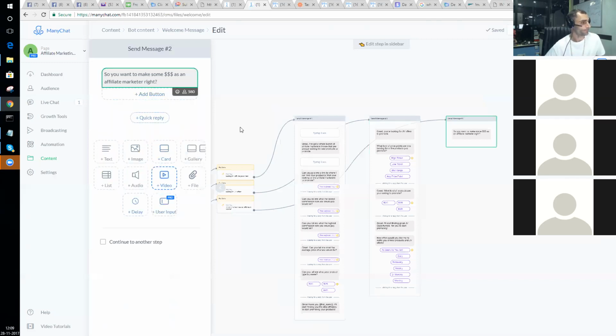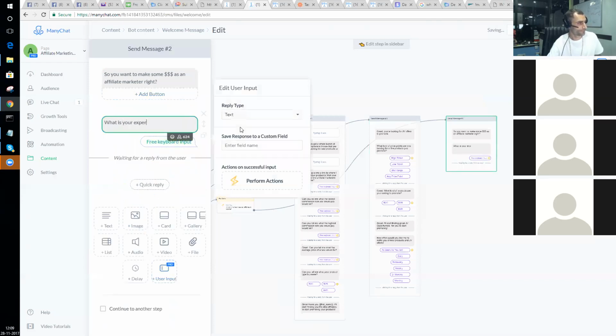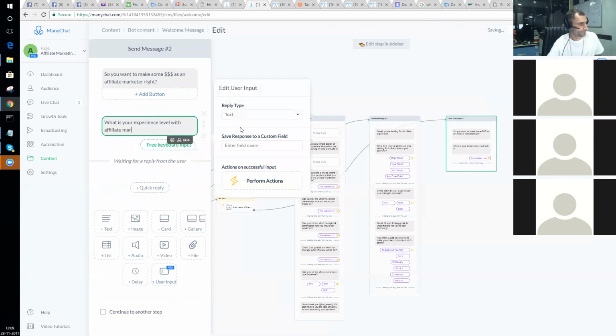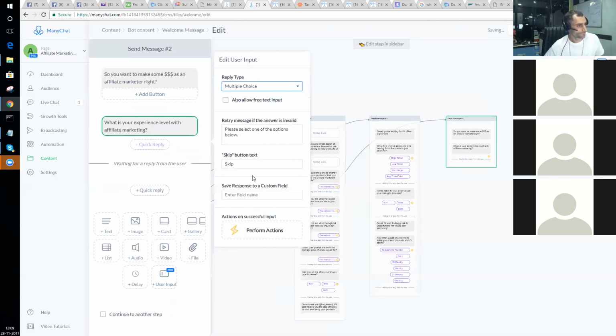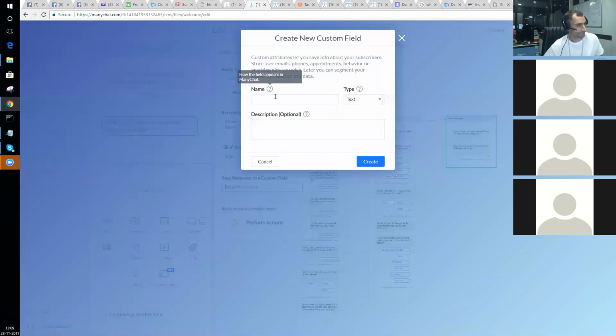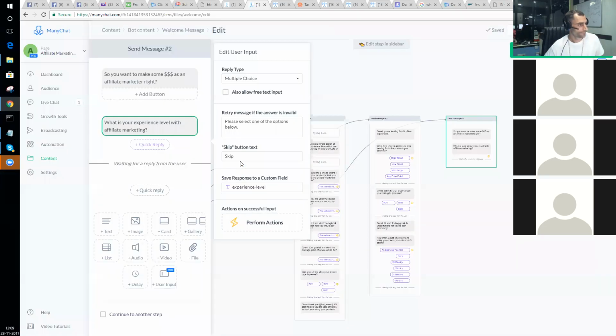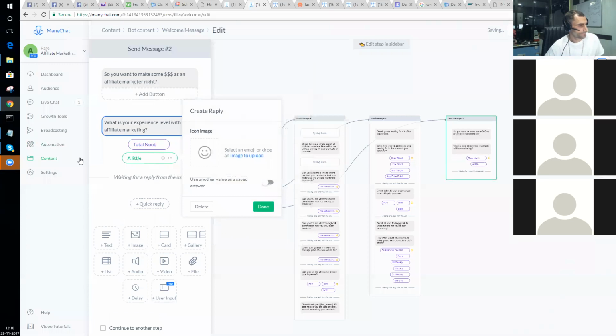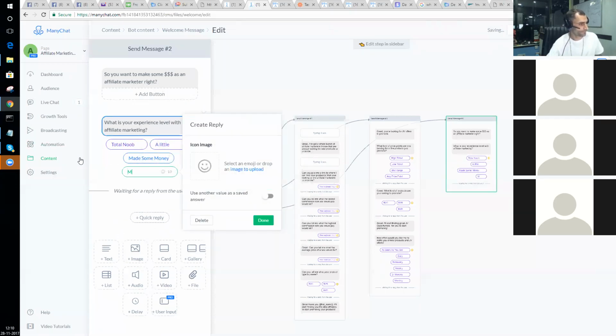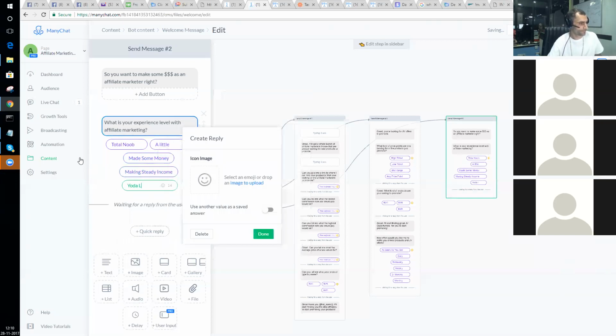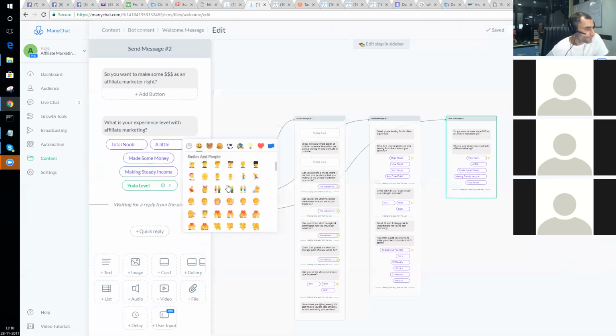No problem. See if I can find a little guy